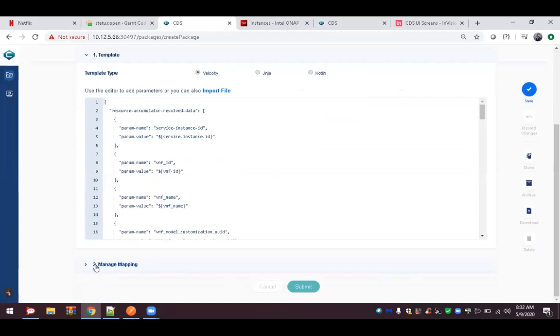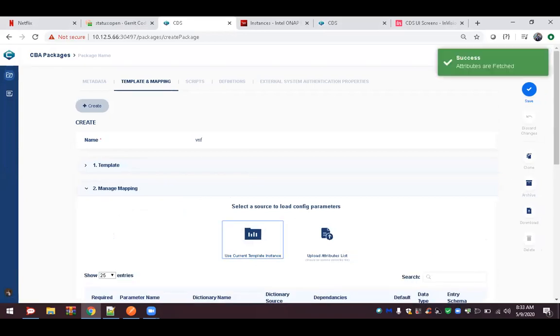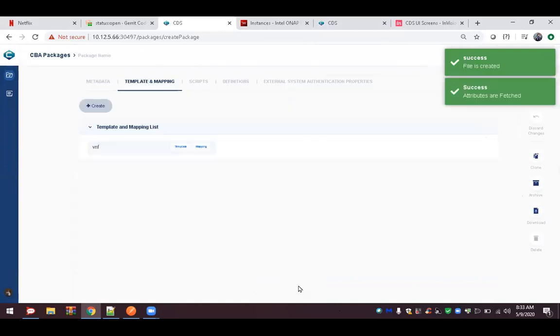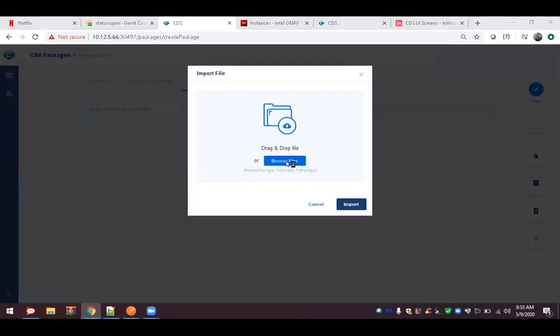You don't have to follow all the steps. I just want to make sure that all data are already imported. Yeah, I'll create it, just one second. Okay, just up to scripts. Yeah, so I can show you.